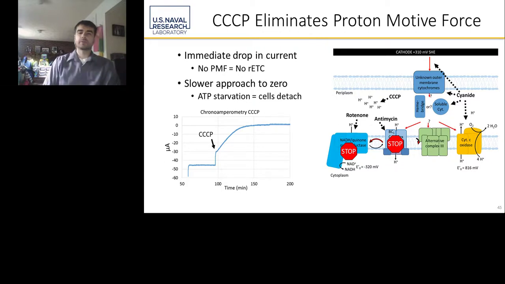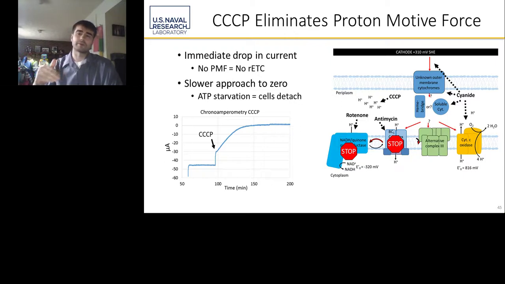And when we do this, we actually see that we get this immediate drop in current. If you look at the graph on the left, I should point out here also that when I refer to drop, I mean a drop in the absolute value, the magnitude of the current. Because this is a cathode, it's pulling electrons off. We are recording the current as being negative just because of the arbitrary way that we look at electron transfer. So it looks like it's an increase in current when it's actually a drop in the absolute magnitude of the current. So when I add the CCCP, what we get is this immediate drop